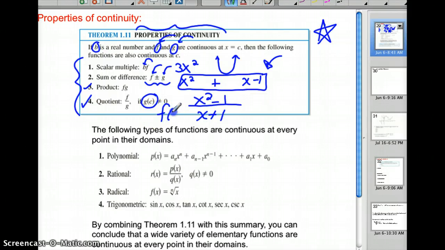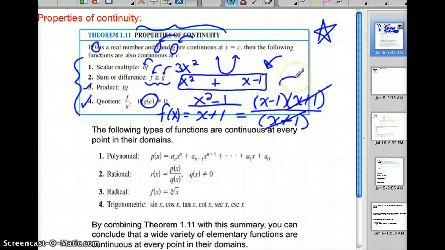And we talked yesterday about how when I factor and do this analytically, with some algebra, this cancels out, and graphically what I've really got is the line x minus 1